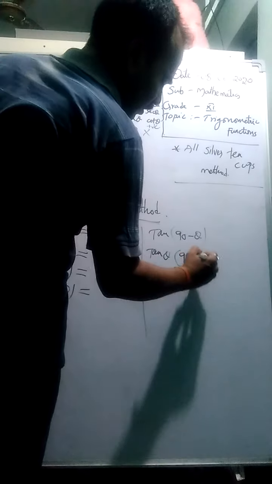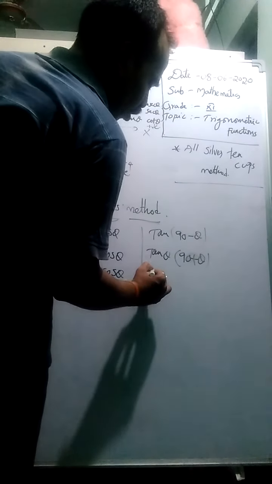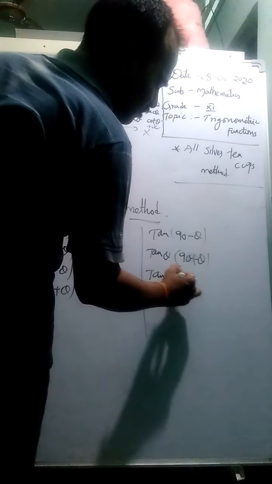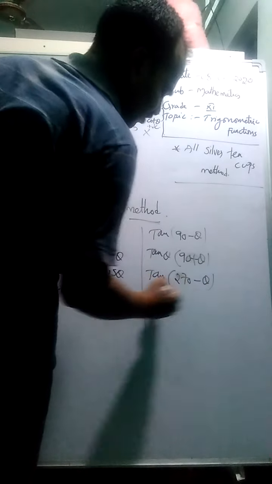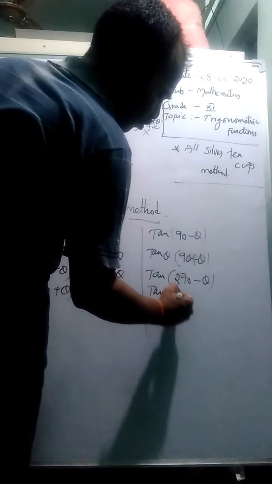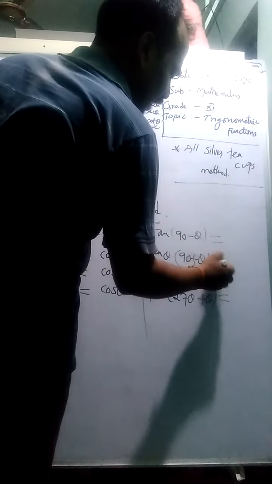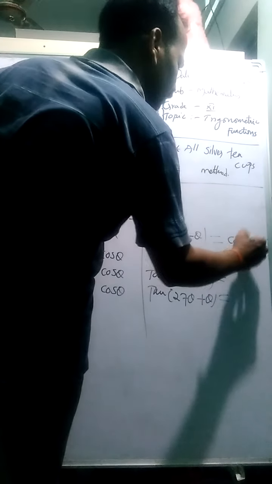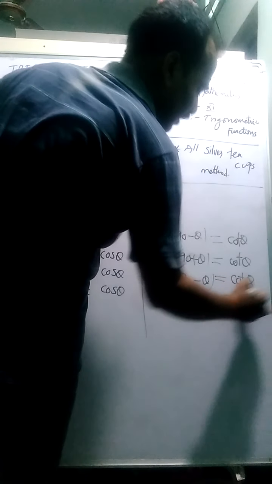Cosecant becomes secant. When it is an odd multiple, it takes its complementary angles, as we discussed in the case of complementary angles, how trigonometric ratios change. It is only the change of trigonometric ratio. So tan becomes cot, cot becomes tan, if it is an odd multiple of 90, students.